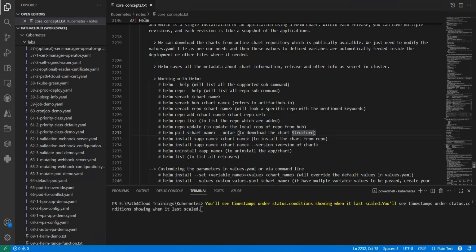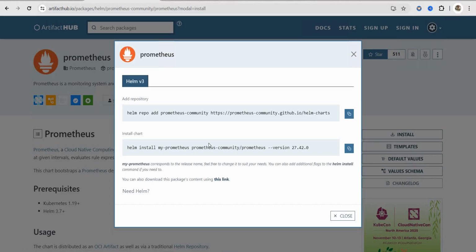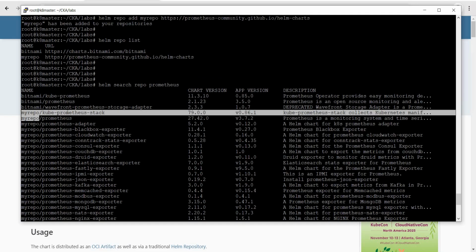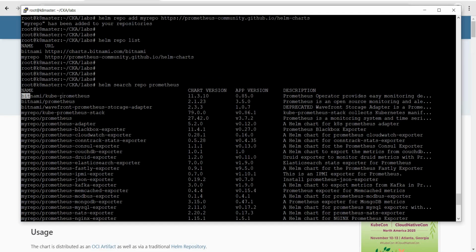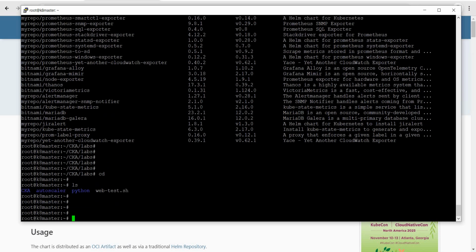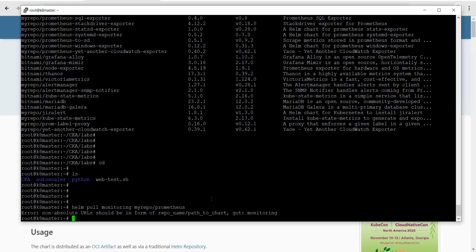So that's how you can deal with all these. And if you want to see how exactly that particular thing works, what you can do is simply say helm pull from this. Let's say I want to see this one, or maybe this. I have nothing here, I will just simply say helm pull monitoring,